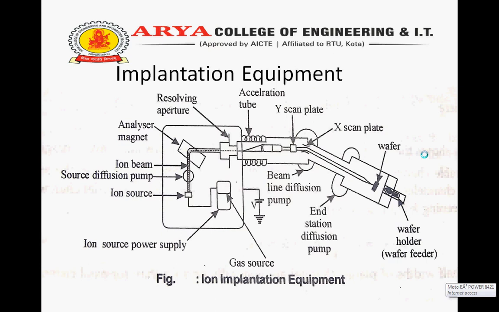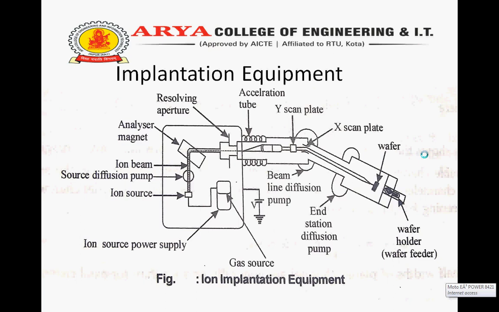ion source, and an extraction voltage of about 20 kV causes the charged ions to move out of the ion source into the analyzer. The magnetic field of the analyzer is chosen such that only ions with the desired charge to mass ratio can travel. The resolving aperture ensures that the ion beam is well collimated. After that, the ion beam passes to the acceleration tube. The wafer is offset slightly from the axis of the acceleration tube so that ions neutralized during travel will not be